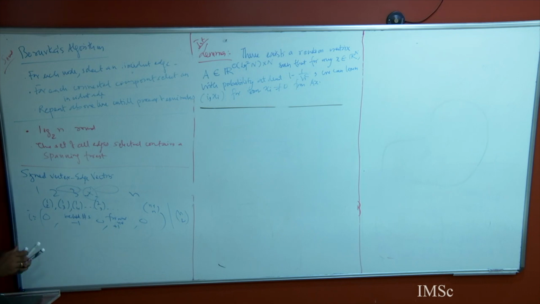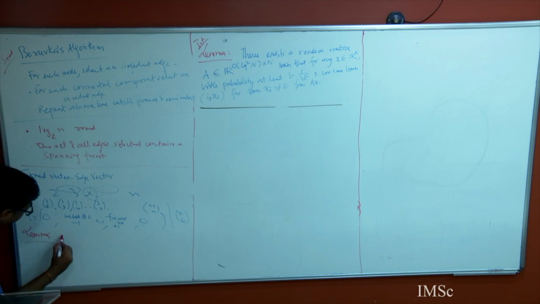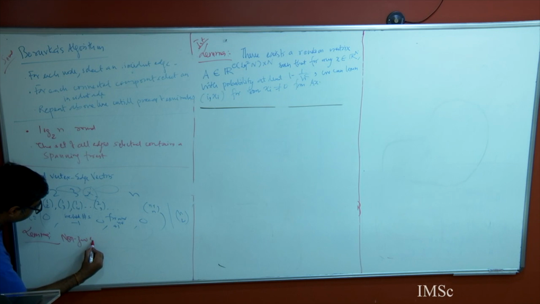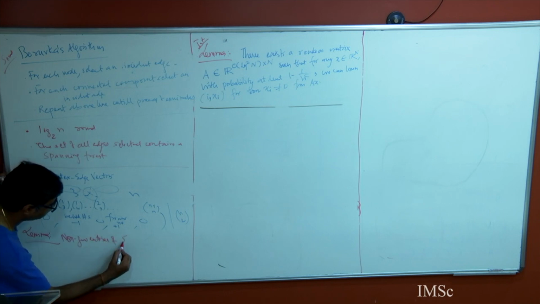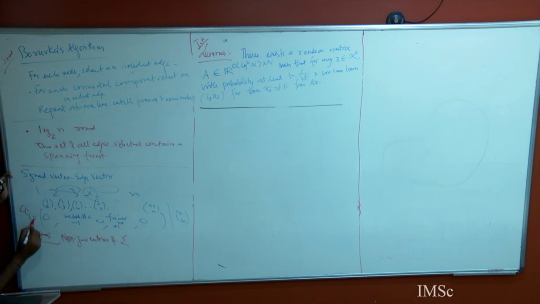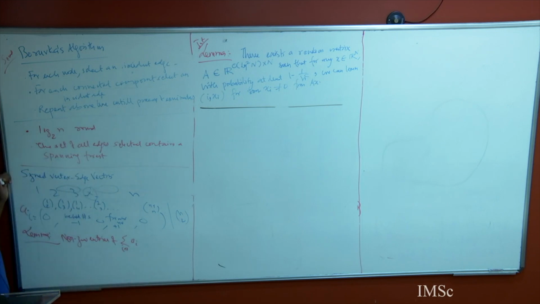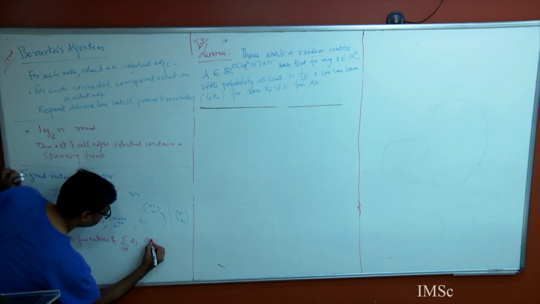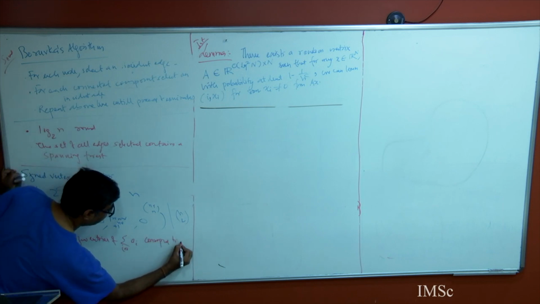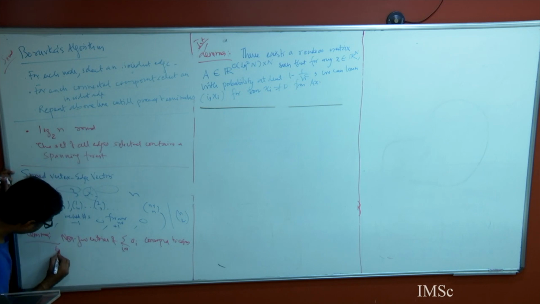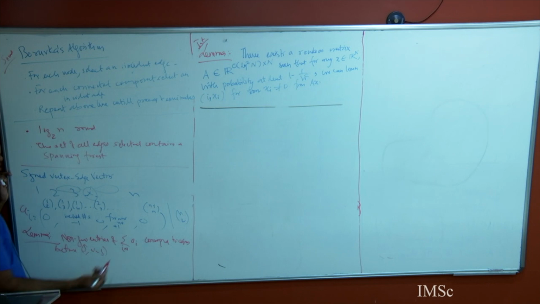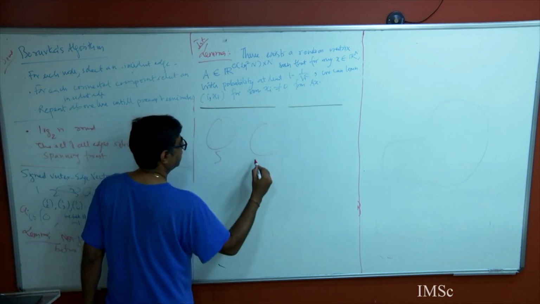But what is the property of this? The property which is very crucial for us, which we used last time, was this lemma. Non-zero entries of the summation, let's call these vectors a_i, sum of a_i for i in S, correspond to edges between S and V minus S. Because you look at your S and look at V minus S.